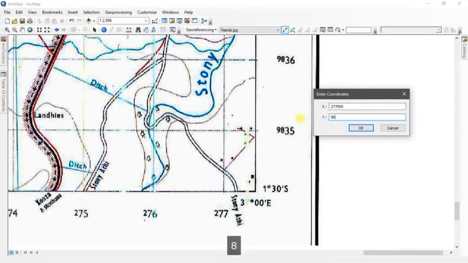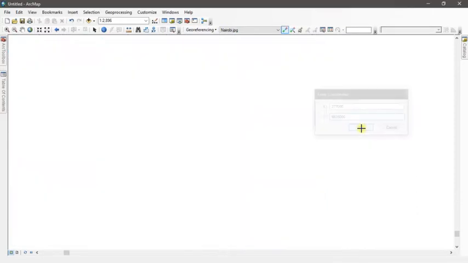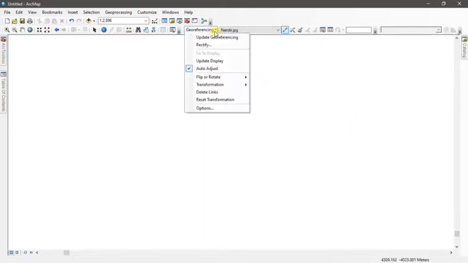Then we have 9,835,000. I expect when I click OK, yes, when I click OK, there you go, the map disappears. Why? Because I have activated auto adjust, not autocorrect, auto adjust.